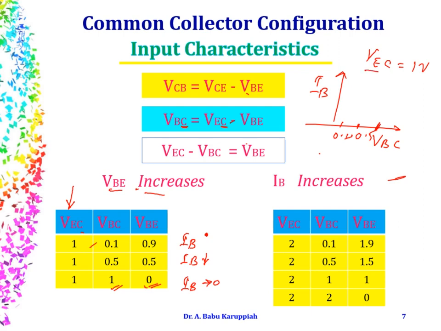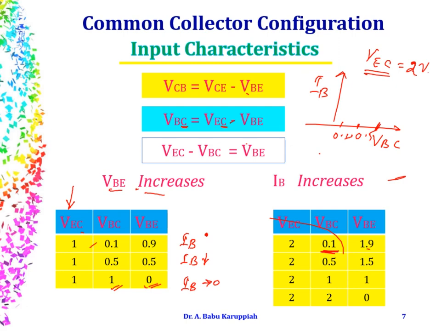Now I have changed VEC to 2 volts to get the second set of readings. I want the second graph, right? So I will make VEC 2 volts and I will repeat this experiment with the same set of values. So I will keep VBC at the same 0.1 volt, and I could see the value of VBE is 1.9,